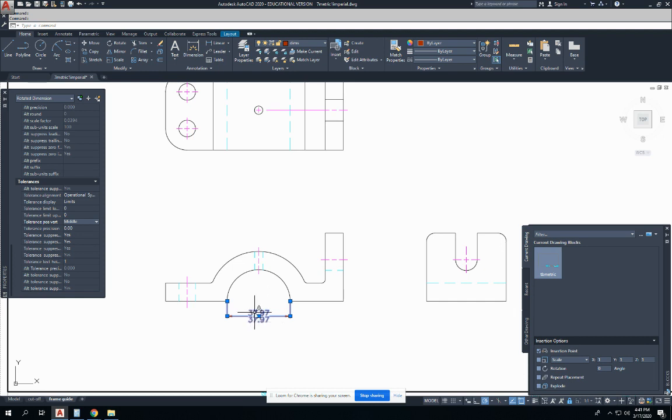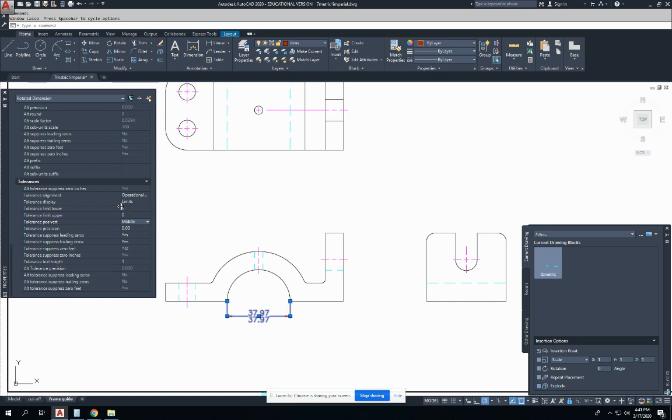We're supposed to say 38.10 over 37.9. The 37.9 is the correct lower tolerance. So let's just expand these so you can see what's going on here. So correct lower tolerance is, we got a limit lower and a limit upper. The limit lower to remain 37.97 should be added to 0. The limit upper to get 38.10, if we do some math,